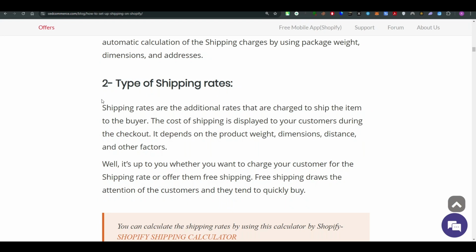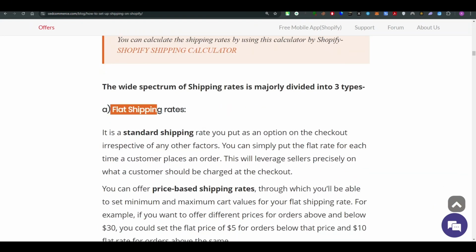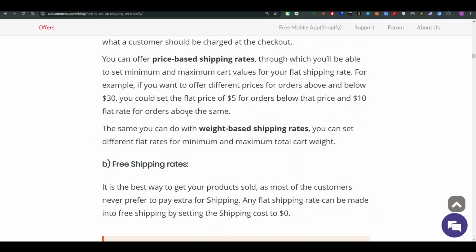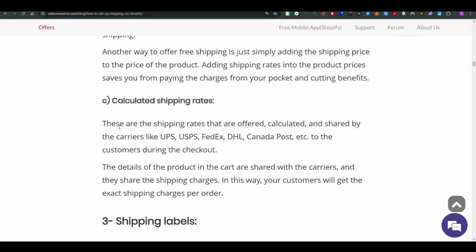Number two is types of shipping rates. So there are three different types of shipping rates. Number one is flat shipping rate, which is flat for every sort of device, every sort of shipping. So that is the standard shipping rate. Then free shipping rates. And then number three is calculated shipping rates based on the UPS, USPS, or any courier